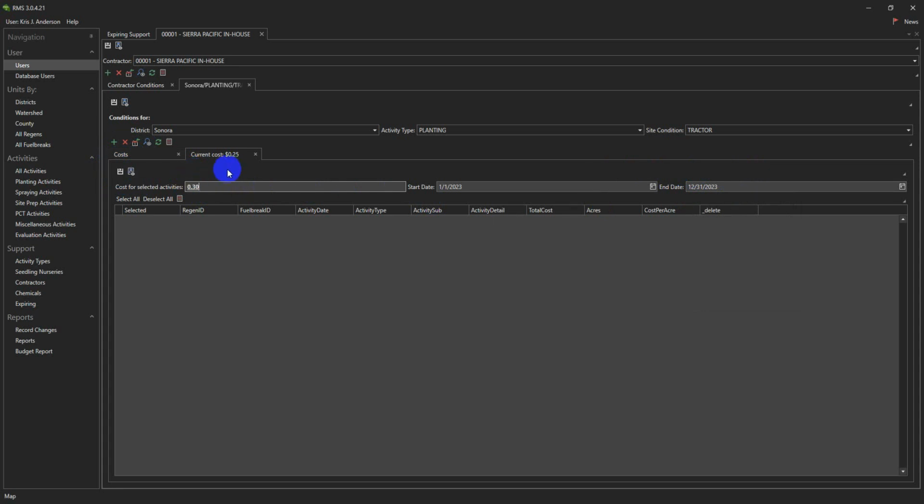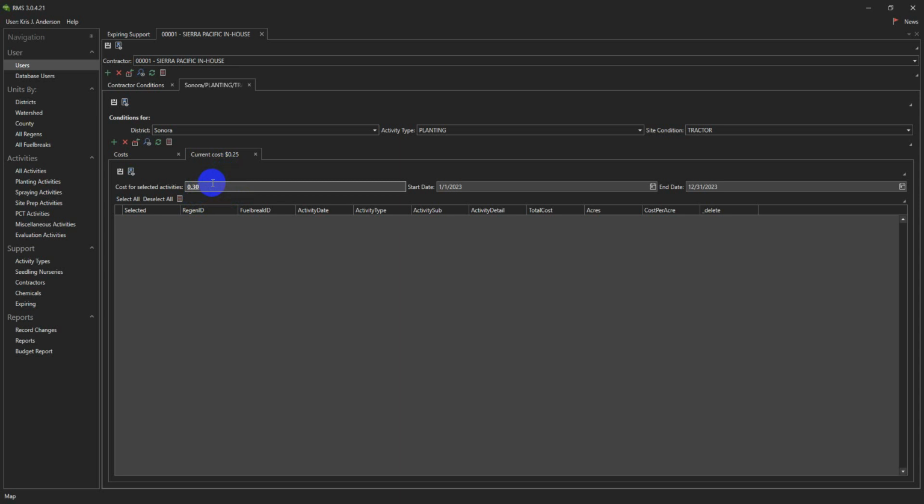Now, the nuance is if you don't know the cost, but you anticipate that the cost will change, go ahead and put a cost in here anyway, because as you work through the year, you can use this kind of made up cost, and at the end of the year or whenever you find out